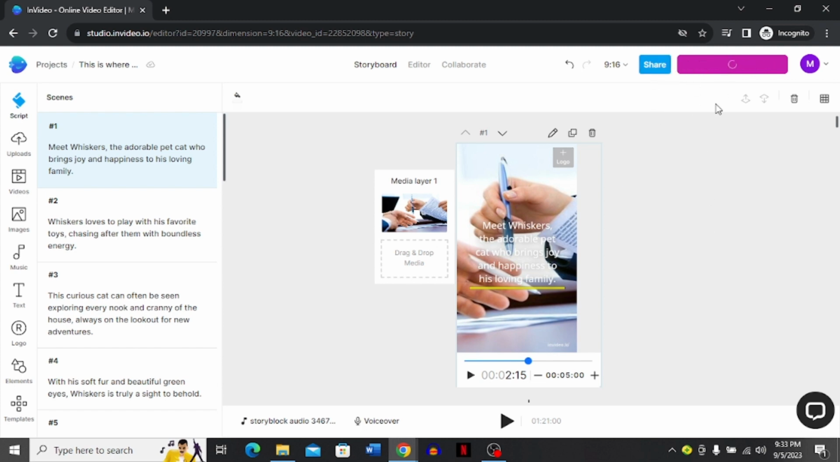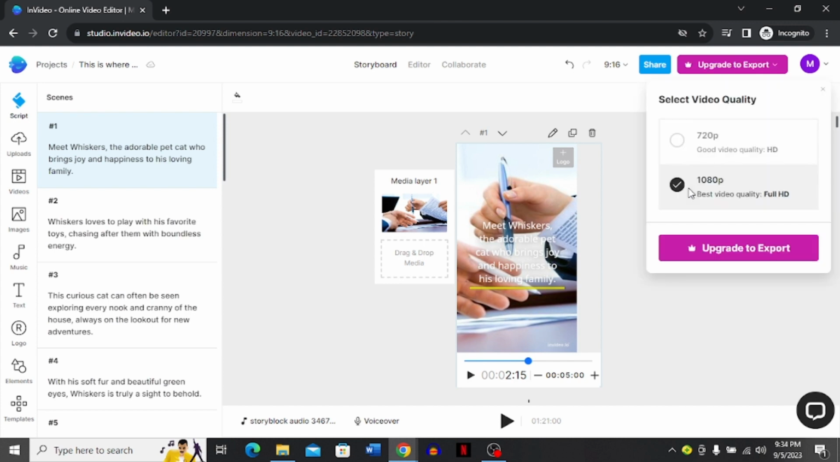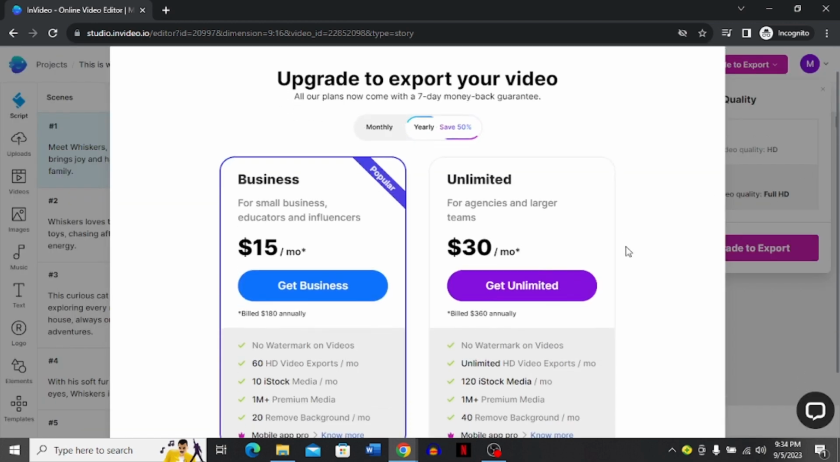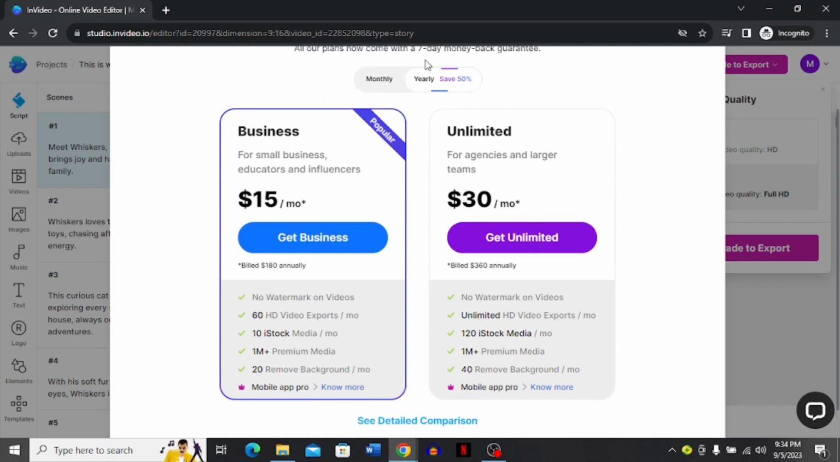Now let's see what are the pricings of these upgradings. I'll just click this upgrade to export, and now you can see that we have two options. One is monthly and the other is yearly. In yearly, you can save up to 50%. That's a deal that is running right now, and you can just pay $15 per month,